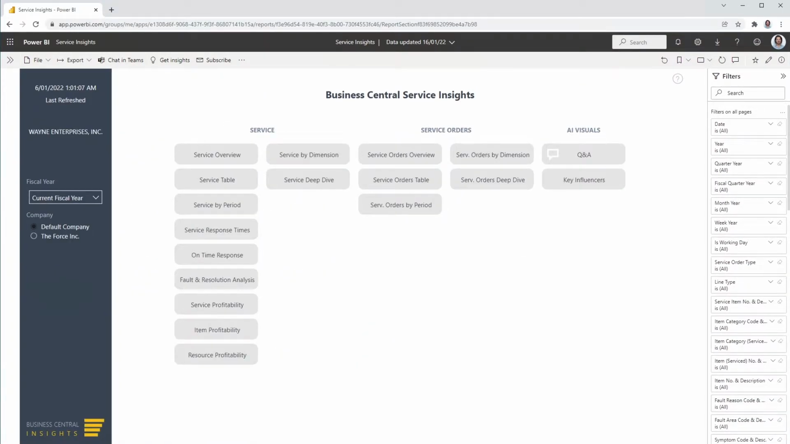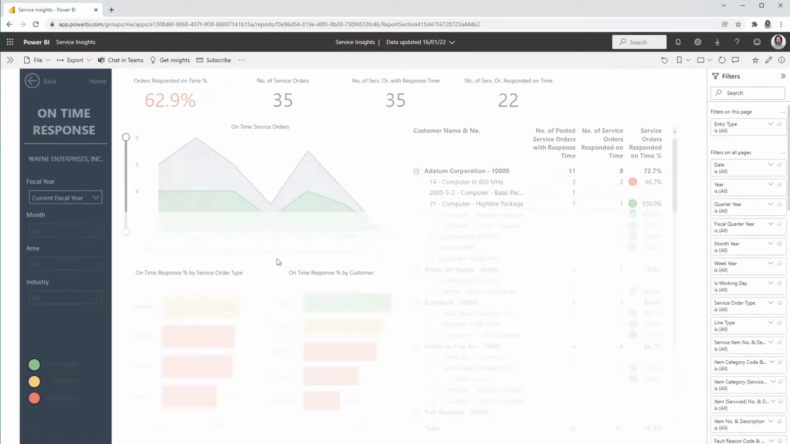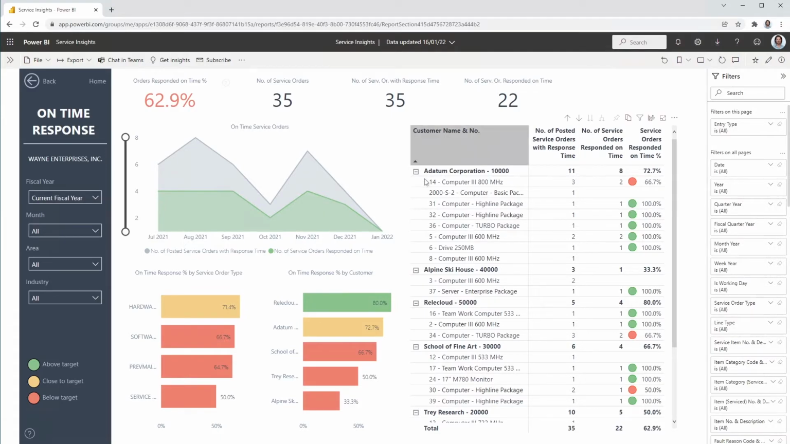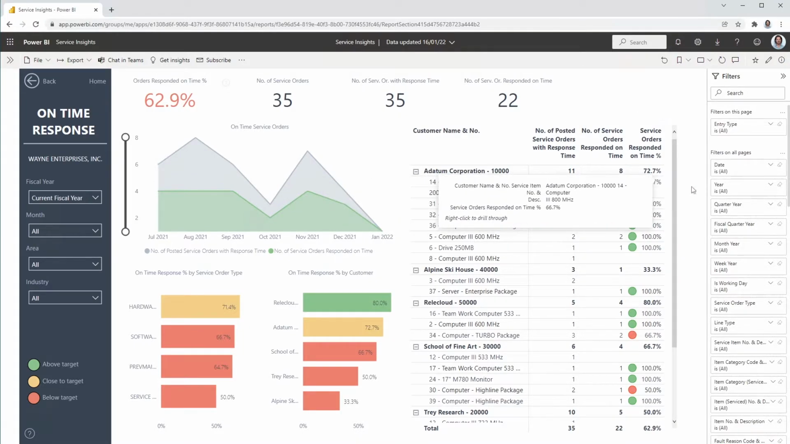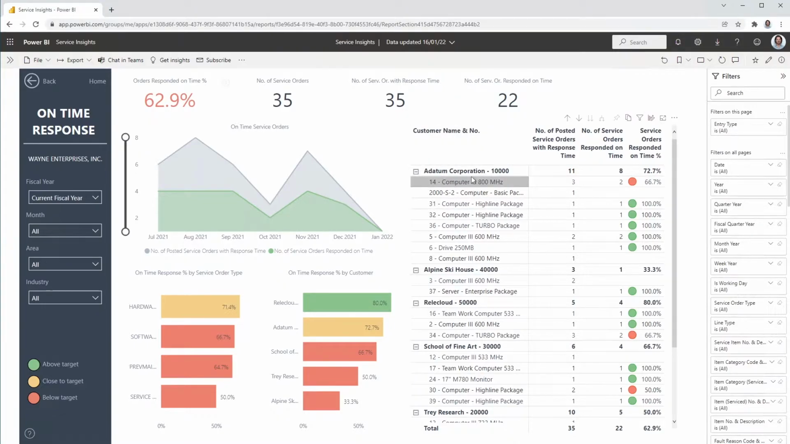Are we responding in good or bad time? We can see on the right-hand side table customers we responded to. Additions were on time 72% of the time. We can view here that our computer service area takes more time to respond than other service areas, bringing our on-time response down. In the bottom left-hand side graph, we can see that the overall hardware had the highest on-time response